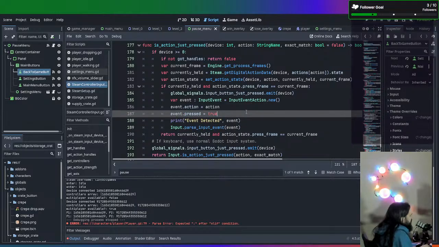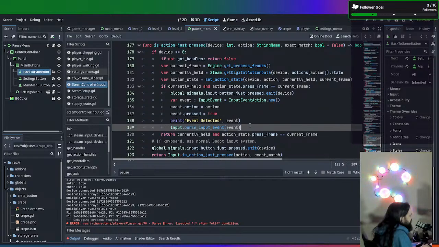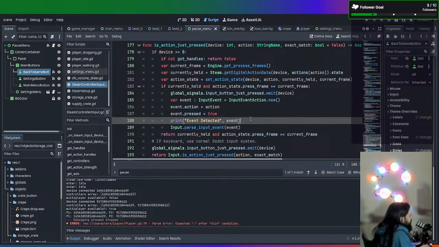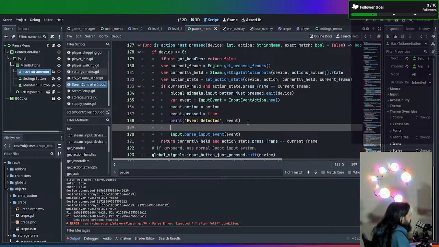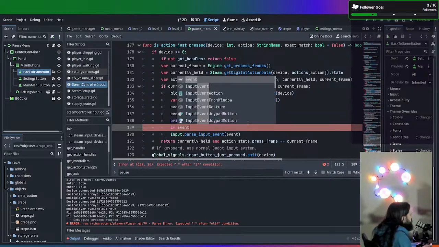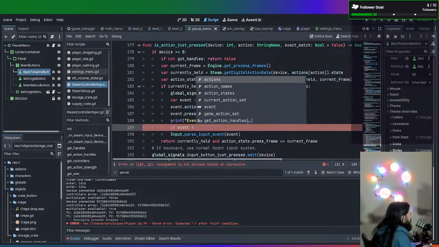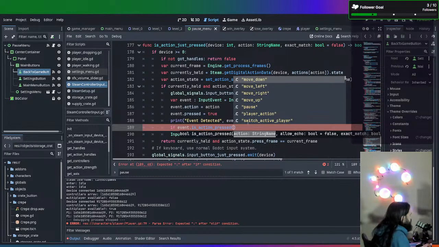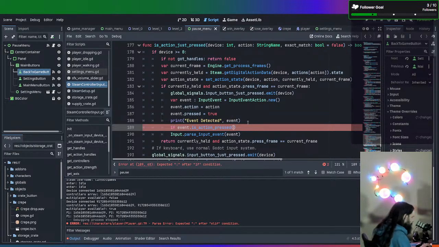So we need an if check here, that if the event is detected and it's paused, that instead of this, if event dot is action pressed and it's pause specifically,